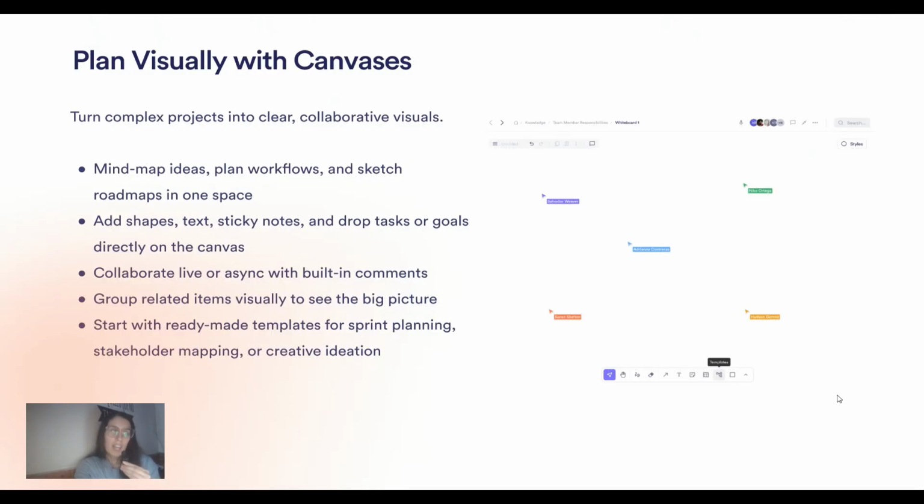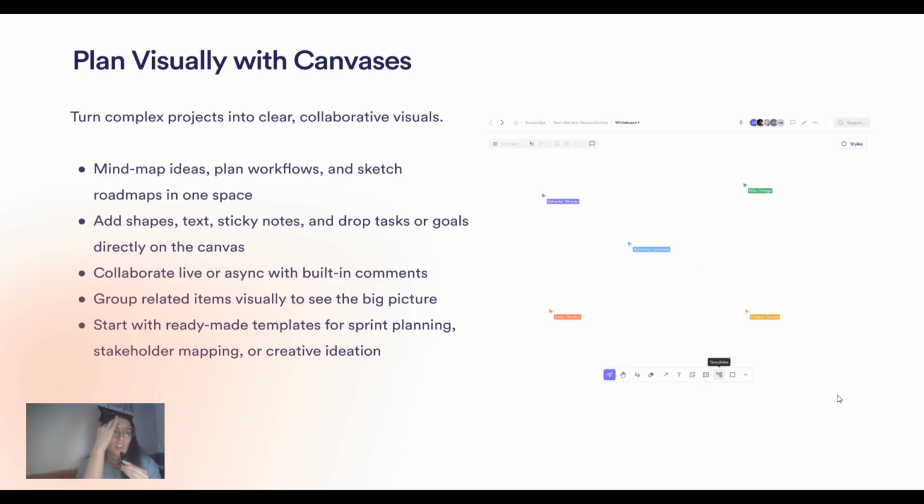Plan visually with canvases. Some projects are too complex for lists alone. That's where Pivot's infinite canvases shine. You can use them to mind map ideas, plan workflows, lay out timelines, sketch roadmaps, and collaborate in real time or async. On a canvas, you can add shapes, text, sticky notes, drop blocks directly onto the surface like tasks, goals, and images. You can comment directly on visual elements, group related items visually, and you can keep brainstorming tied to the project instead of an external